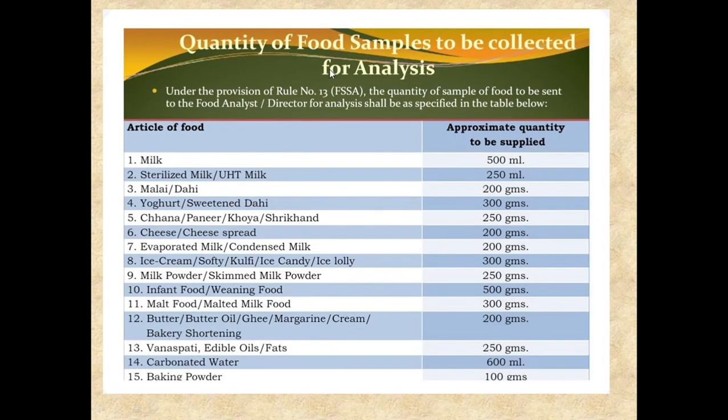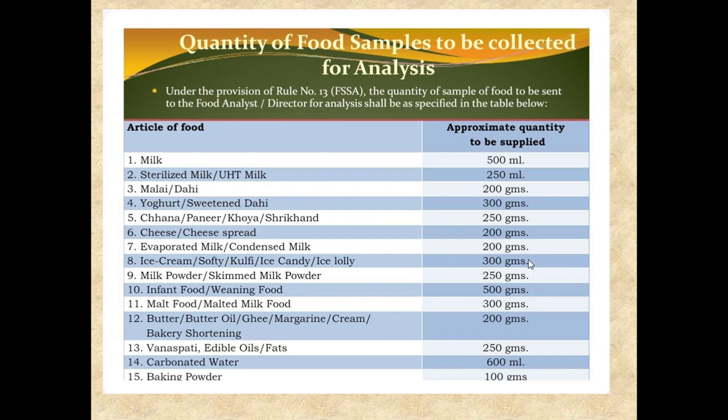And this is the quantity of food sample to be collected for analysis. Under the provision of Rule 13 of the FSSA, the quantity of the food sample to be sent to the food analyst or director for analysis shall be specified in the table below. Suppose milk, 500 ml sample is collected; sterilized milk and UHT milk, 250 ml; malai and dahi, 200 grams; yogurt and sweetened, 300 grams; chena, paneer, khoa, 250 grams; cheese, 200 grams; evaporated milk and condensed milk, 200 grams;